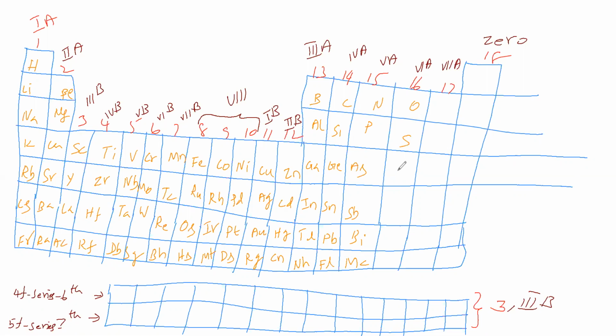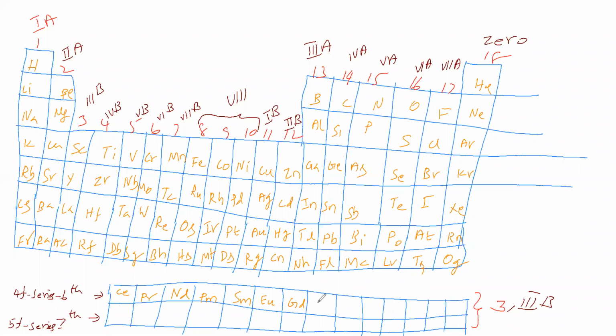Next oxygen, sulfur, selenium, tellurium, polonium, livermorium. Next fluorine, chlorine, bromine, iodine, astatine, tennessine, TS. Next here helium, neon, argon, krypton, xenon, radon, oganesson, OG. Okay. Next F block we will see cerium, praseodymium, neodymium, promethium, samarium, europium,